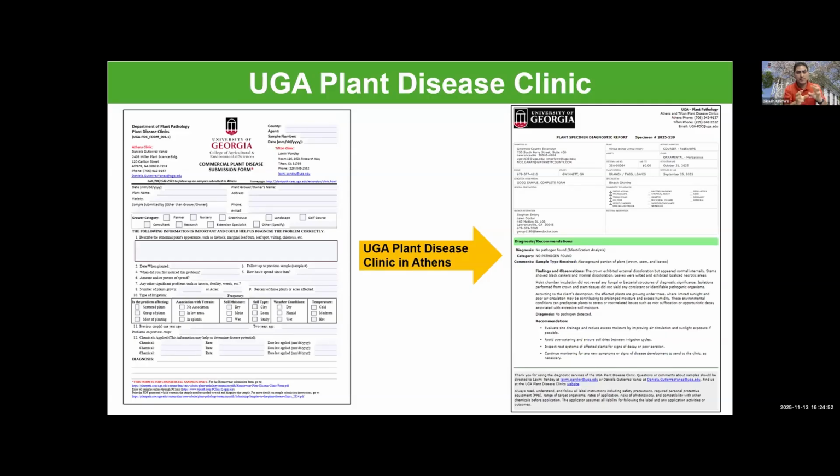So just to give you an overview of the plant disease clinic, on your left you can see there's a submission form that you can fill out, and you can take help from the county extension agents whenever you encounter problems. For example, if you're a landscaper and you have some homeowners struggling with some of their plants, then you can have that plant sent with this form to our disease clinic, and eventually the clinic will process the sample free of cost if you are commercial clientele. So there's no charge, and we'll diagnose the pathogen and then provide the management recommendation that best suits your conditions.